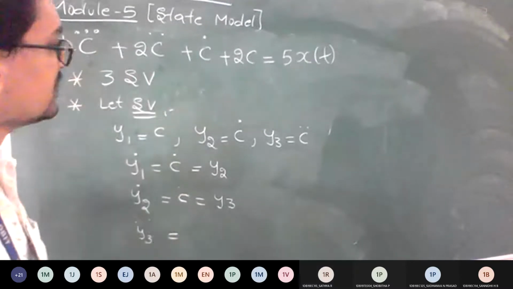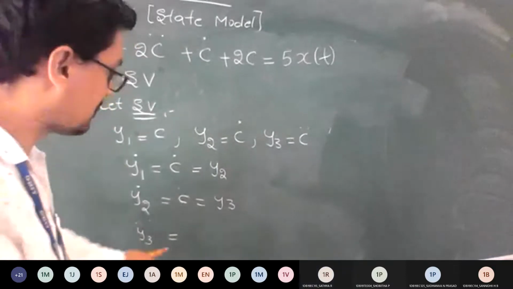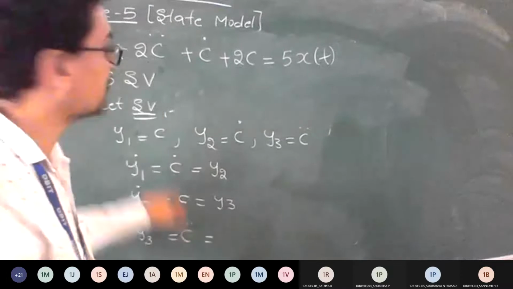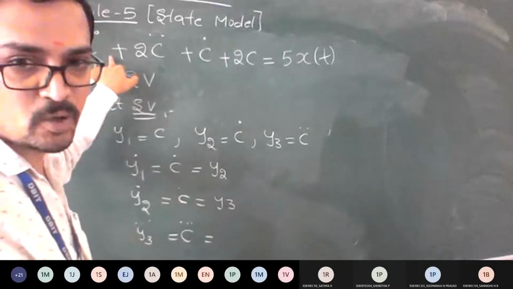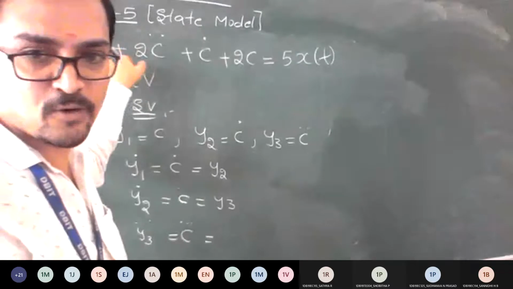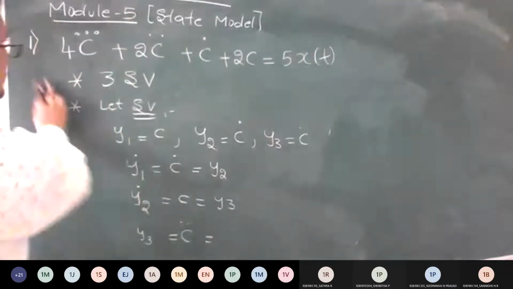Equation. From where can you get y triple dot? From the equation, y triple dot is nothing but c triple dot. So where does c triple dot come from? From this equation. The only change is that 4 is there here, so you should divide by 4 for the complete equation. That's all. That is a small change you are supposed to make.